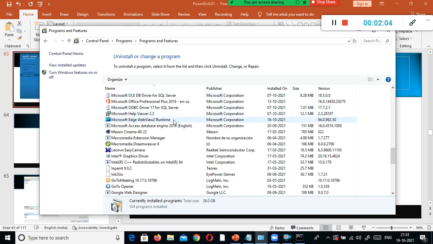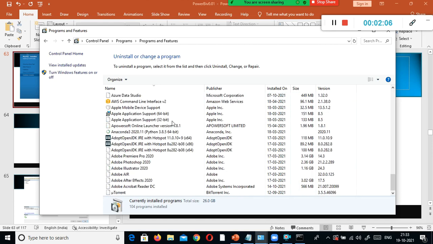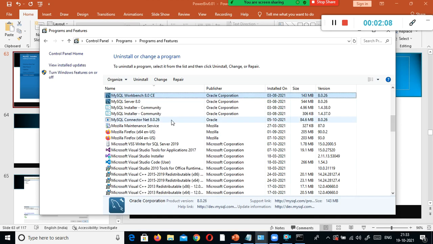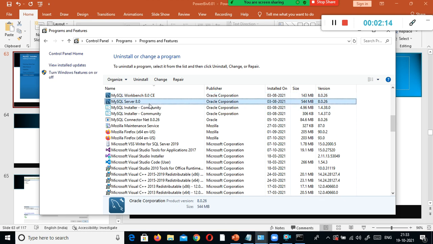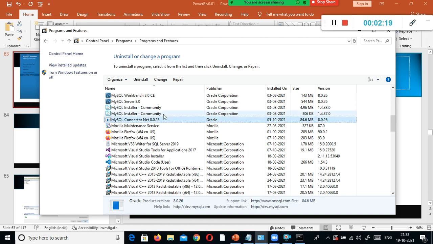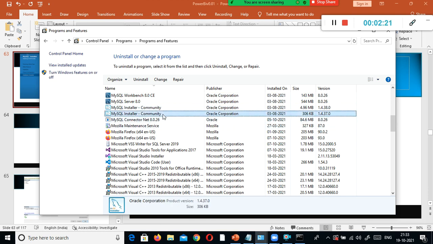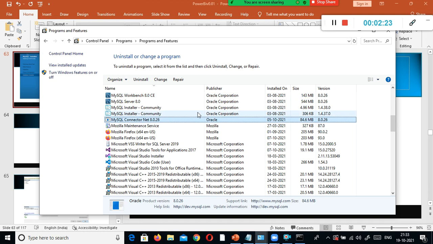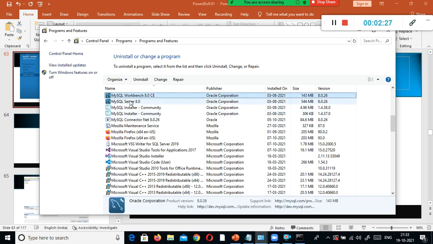Just scroll down to see whether it is there. Look here, the MySQL Workbench 8.0 will be there, and the server will be there, and the MySQL Installer will be there. The connector, I think you need to install separately. This is for a different purpose. If you see these two things, then you're all set.